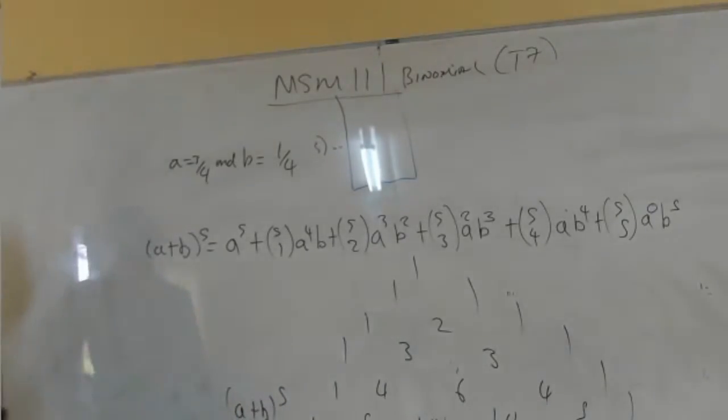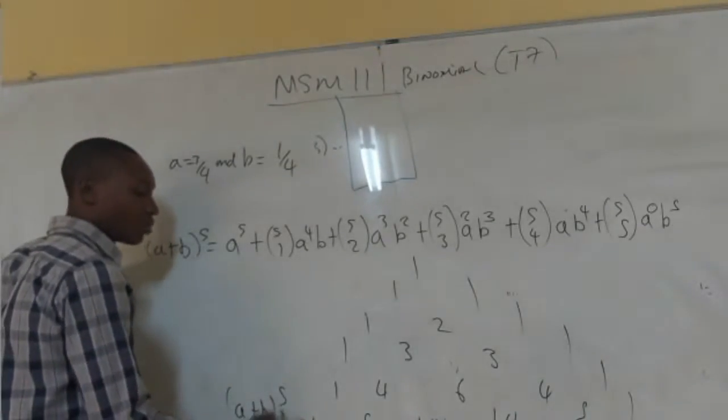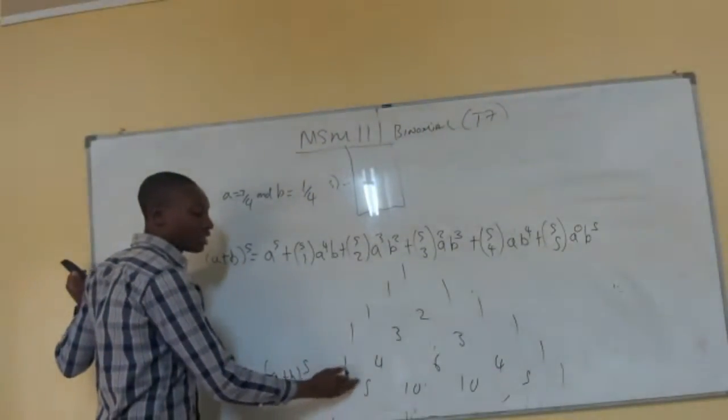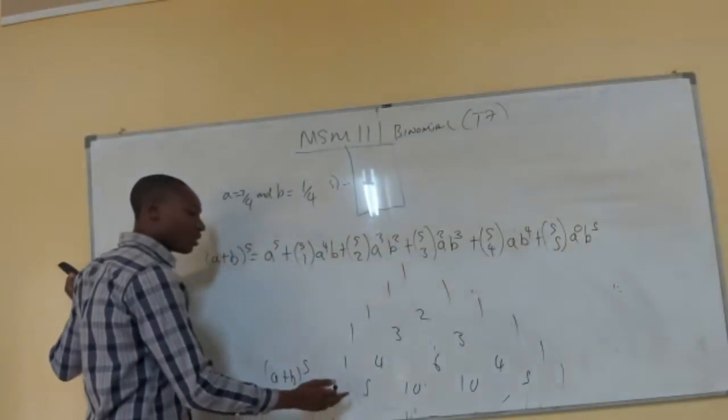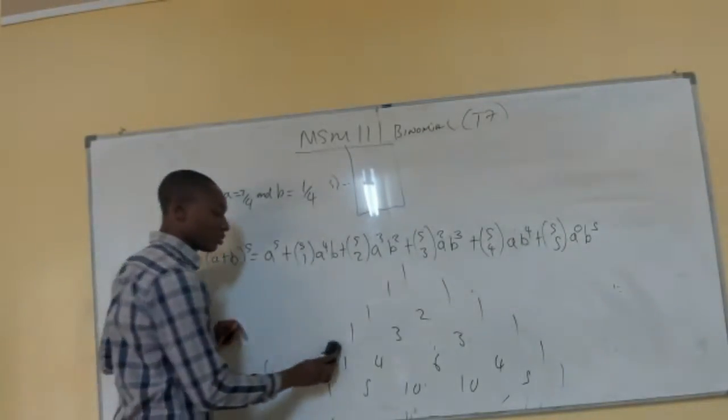Okay. So (a + b) to the power 5. The coefficients: the coefficient of the first term is 1, the coefficient of the second term is 5, the coefficient of the third term is this. So